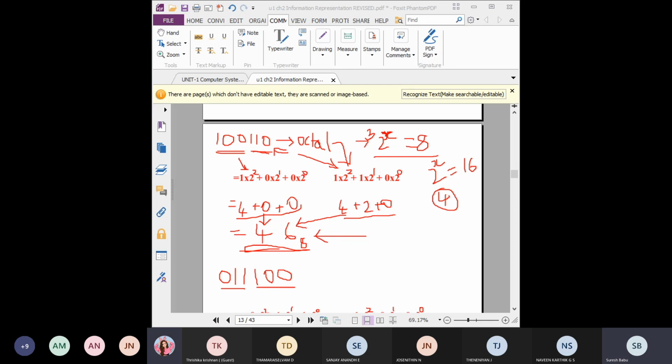Understood? Yes, sir. Yes, the same method. So you have to do it for binary to decimal, octal and hexadecimal. So in hexadecimal, what is the difference? In octal, we split it as three digits. Why three digits? See, 2 power x equal to 8, that is 8 means octal. So 2 power x equal to 8, what is the x value? You can find x equal to 3. 2 power 3 equal to 8. So 3 is the number of bits, so that is why we are splitting as three digits.